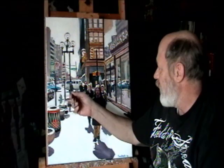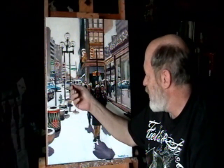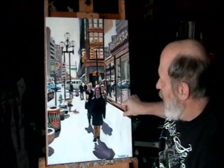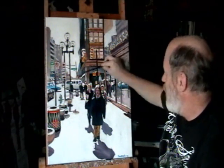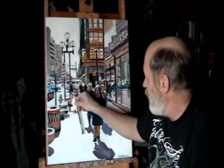Now with linear perspective, we have basically a point right here where we look. It's called a vanishing point. If you're standing here looking straight in, let's say this is where your viewpoint would end, right here at the vanishing point. And with the vanishing point, there are lines that go up to it. So for example, here's a line from this side of the sidewalk. It comes up to that vanishing point. You have this line here, and so forth. You go up, you've got this one here. And then if you swing it around this way,